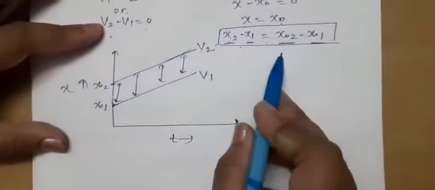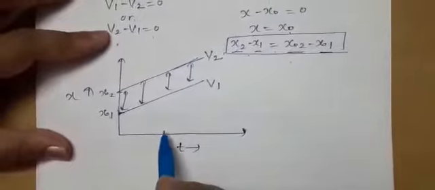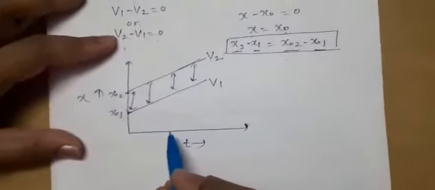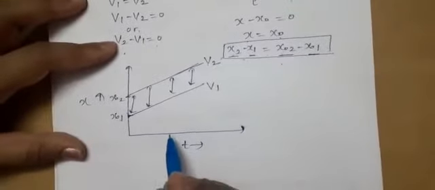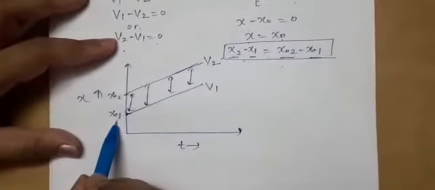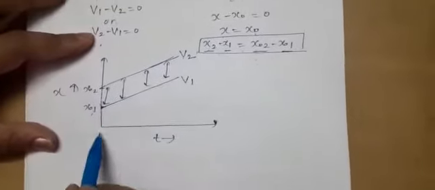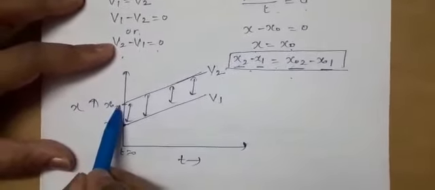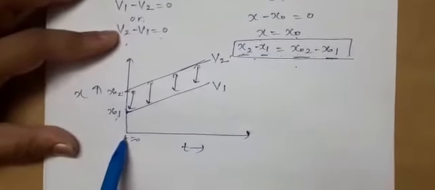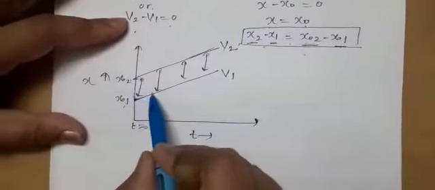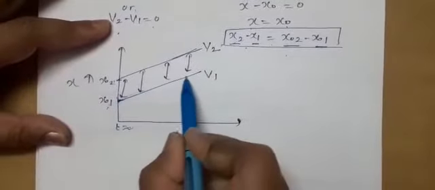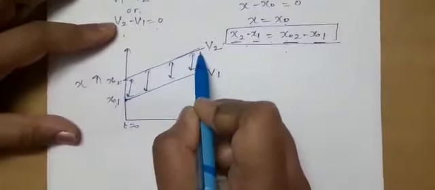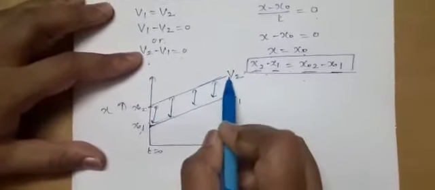This is the significance. This is simply not its graphical representation. You have to understand what information you are getting from it. I am repeating, x01 is giving the position of the first body at t equal to 0. x02 is the position of the second body at the same time. Now, as the first body is continuously moving with the same speed, the graph will be a straight line. The second body is continuously moving with another speed, that is v2, so it will also be a straight line.